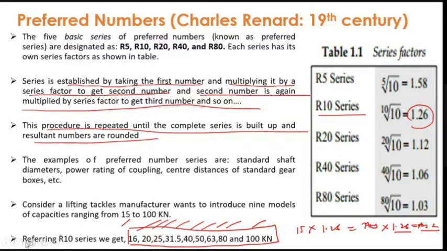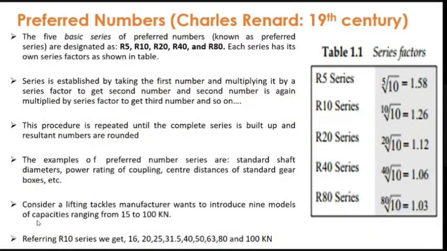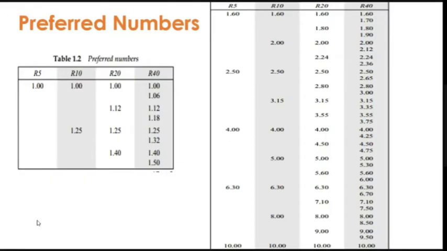Is it clear? So my dear students, this is the importance and use of preferred numbers, and mostly standard companies, as I say, like bearing manufacturers, oil seal manufacturers, roller manufacturers, chain manufacturers will use this. Is it clear? Okay. So now this is the preferred number series. So again, you can see this is a table which is created. So I will just help you to understand how this table is created.